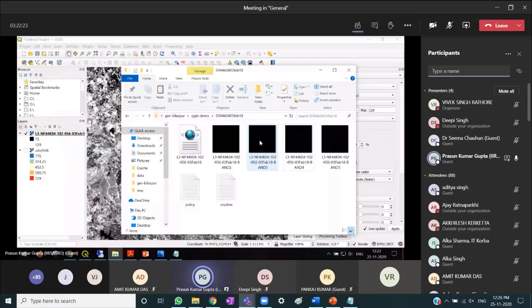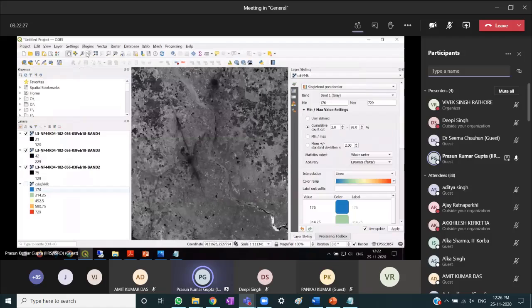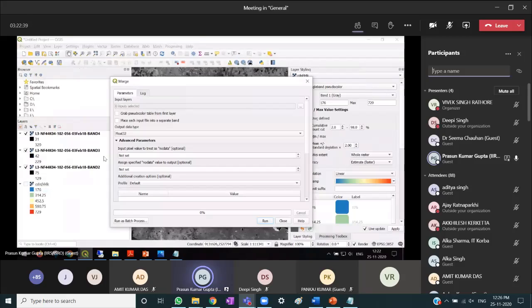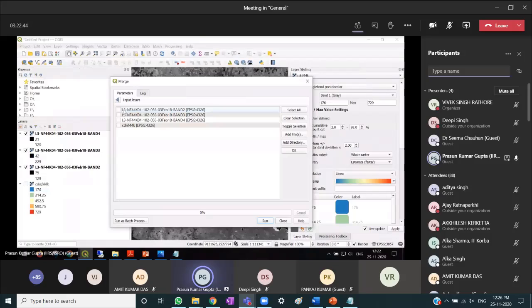So I have band 2, 3, and 4. And using simple operation like merge, I can stack these 3 bands. So I will take band 2, 3, and 4, and I will say